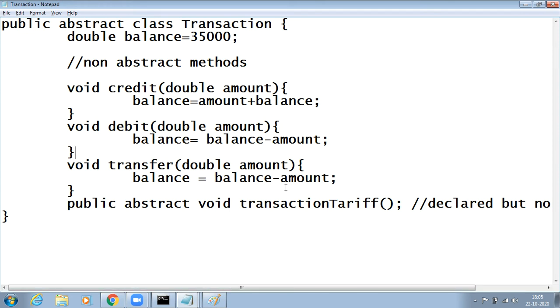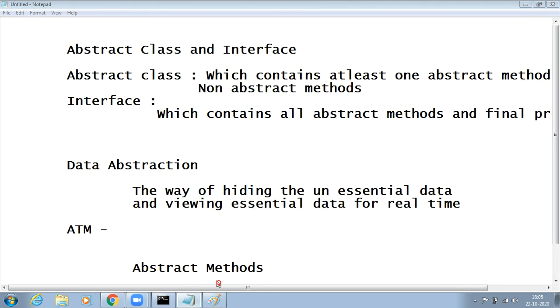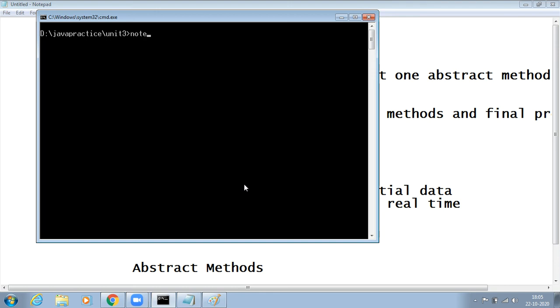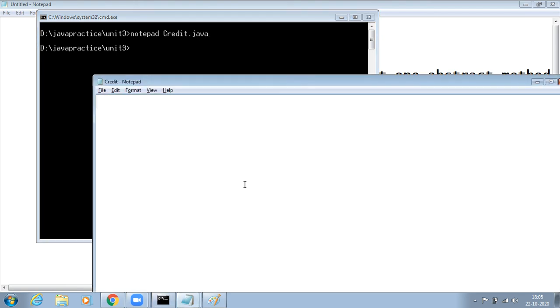Hence, when you create an interface, you create it with the help of the keyword interface. So for example, in Notepad, create a class, say Credit.java. It's a simple interface I want to create here. Say public interface Credit. This is an interface, and I want to create a method here.